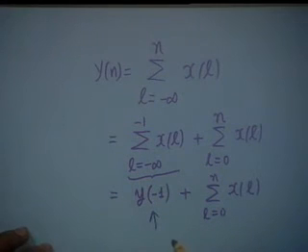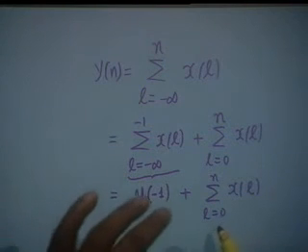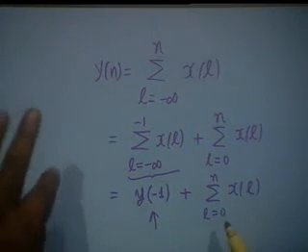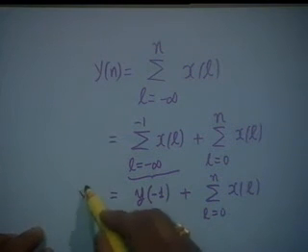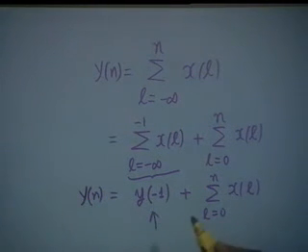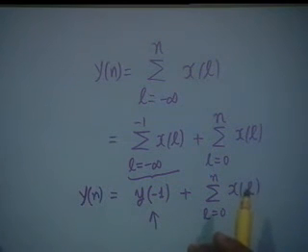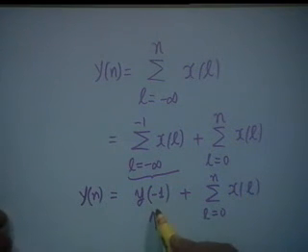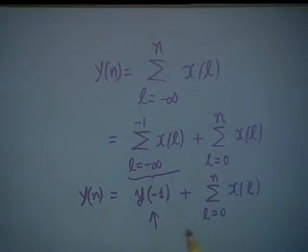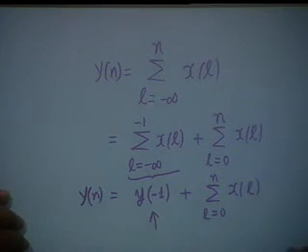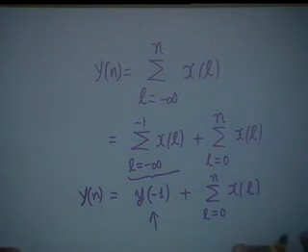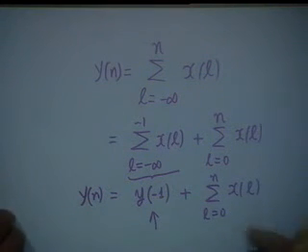Do not you see that this is the initial condition? That is, we start computation from n equal to 0, all right. This is y of n equal to this, but we have to take care of what existed before n equal to 0, that is the accumulator content at n equal to minus 1. Then we keep on adding. Depending on how we express this, you will see that the system characteristic is completely different. One is linear, the other is non-linear. You will see that a little later.